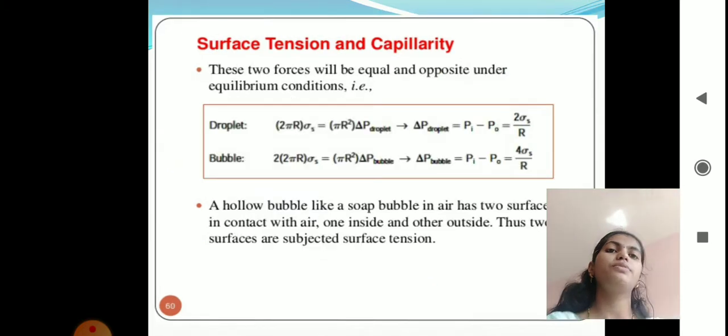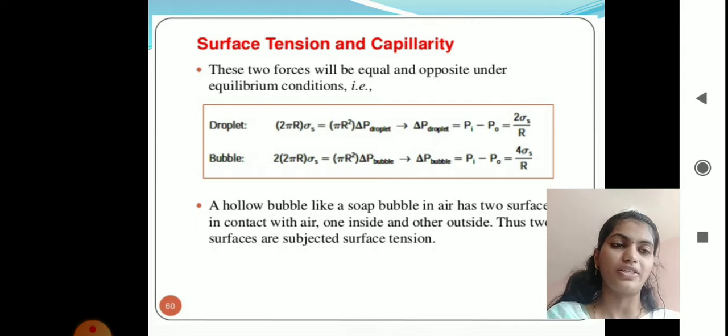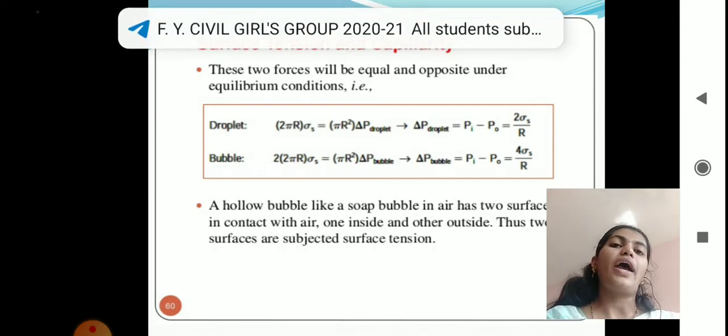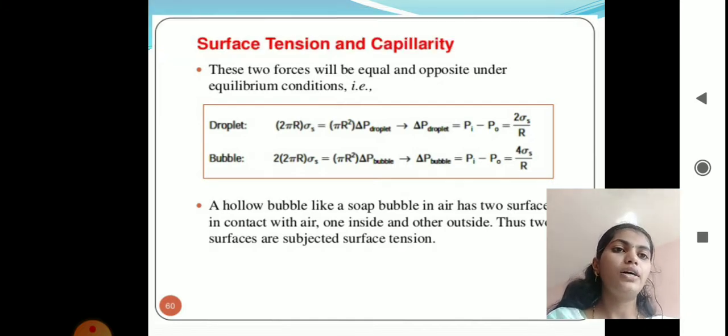Now the next topic is surface tension and capillarity. The two forces are equal and opposite under the equilibrium condition. It means that the two forces are equal and opposite as the equilibrium condition. Then droplet and bubble. We have to know that a droplet is cut